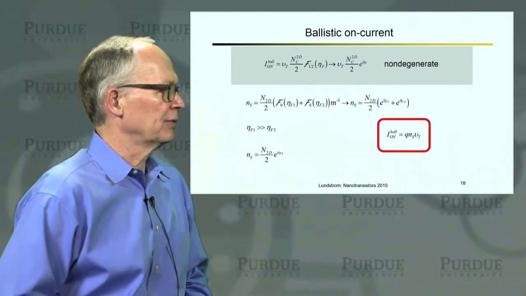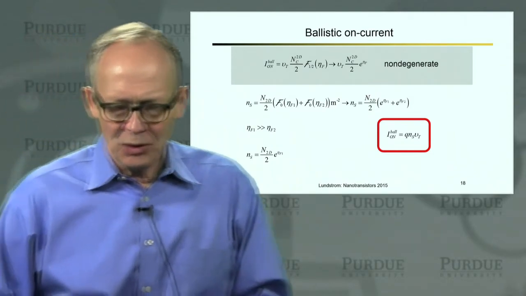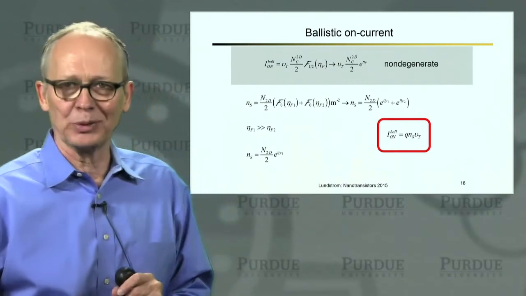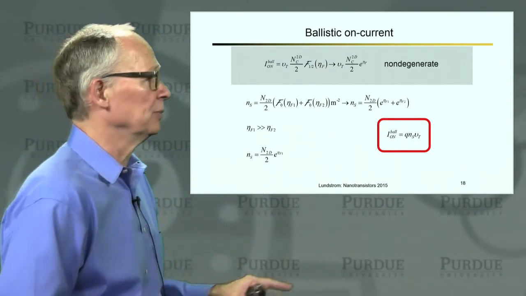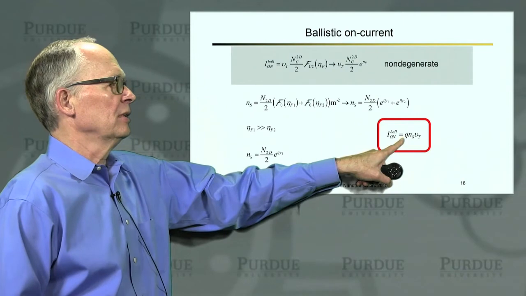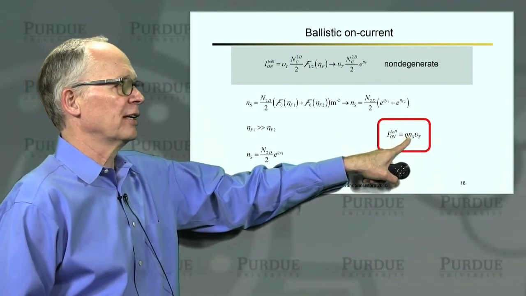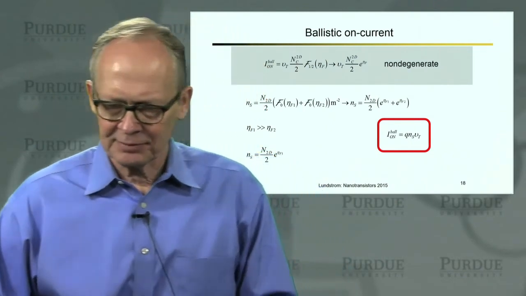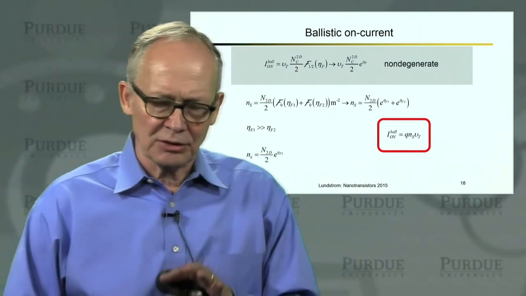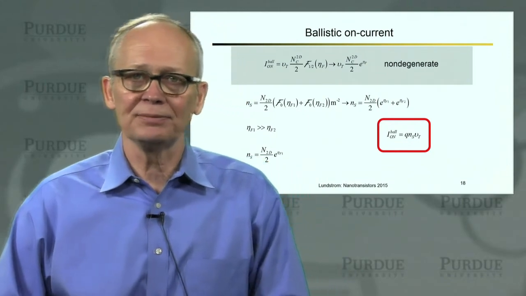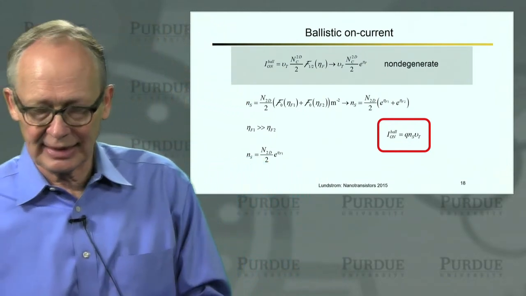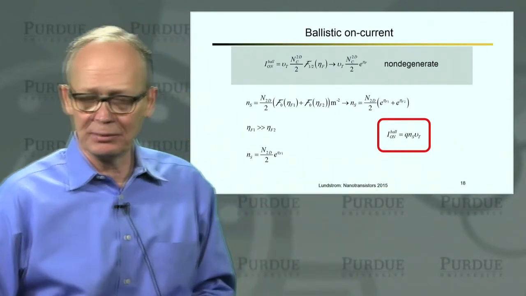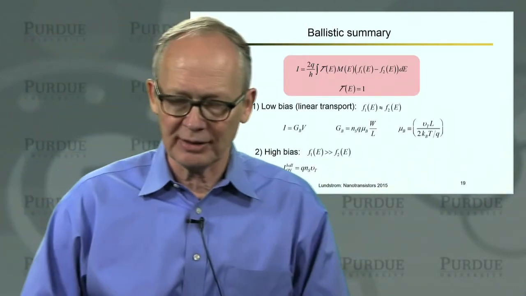We can insert it in the first expression, and what we will find is that we can write the ballistic on current in a very simple way. And we're going to see this again when we do the MOSFET. It's charge, Q, times the sheet carrier density times velocity. And the velocity is the thermal velocity. So take some time to go through this algebra. Look at the lecture notes if you'd like to see how it's done. The final result is simple and easy to remember, and it's something that we'll see from time to time.